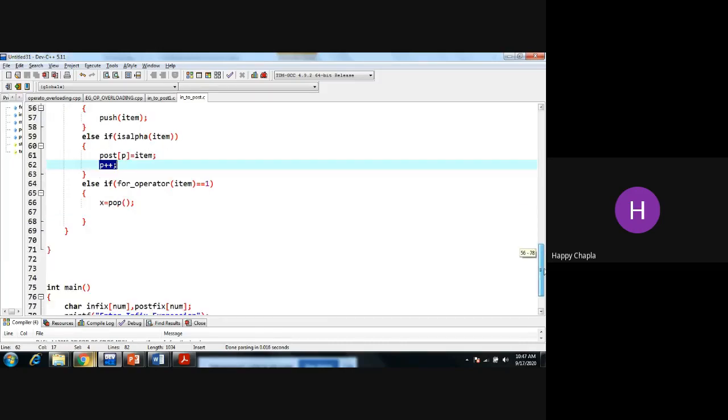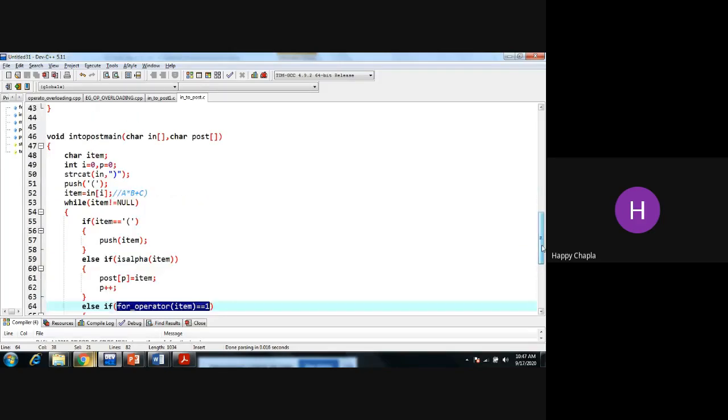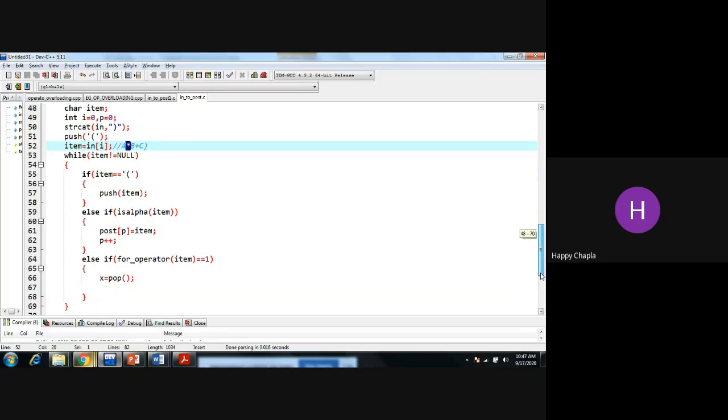Okay, now second thing, else if: assume the case that I have one operator. So how can we directly push into the stack? First we need to match it with the top of the stack variable.